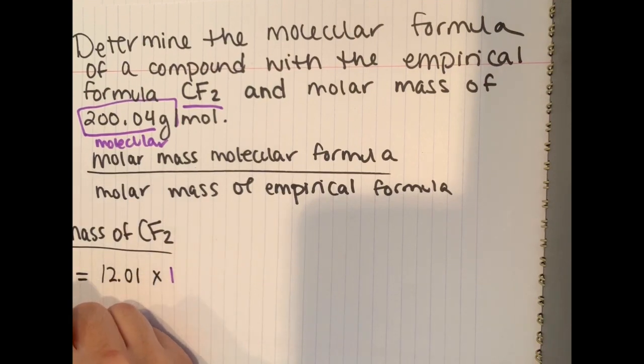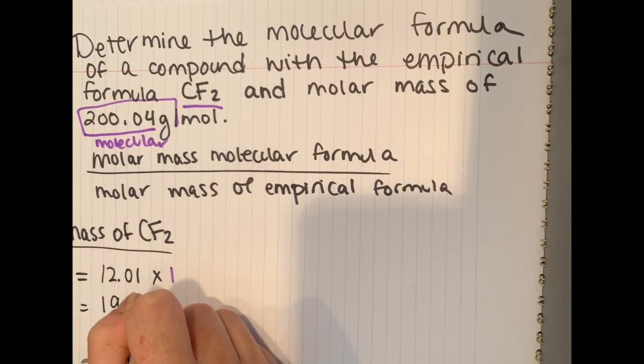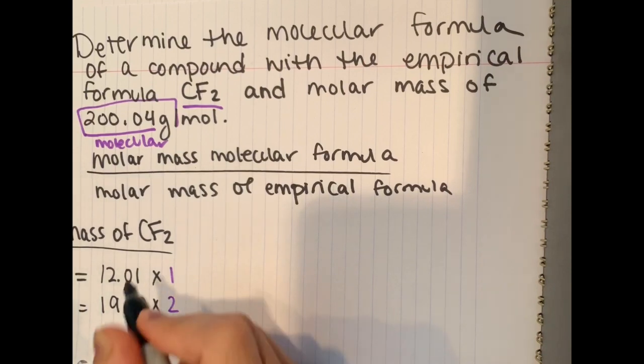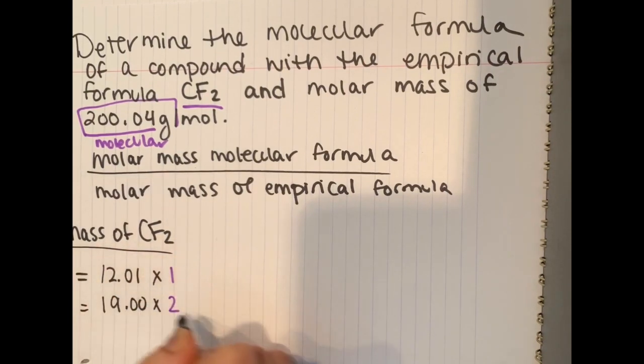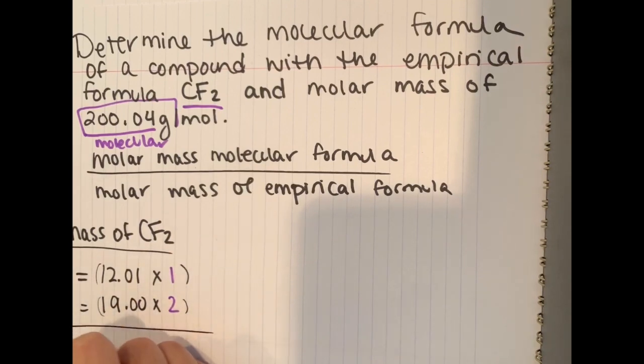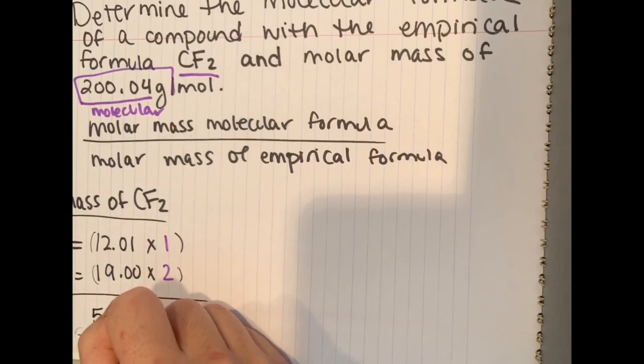The mass of fluorine is 19.00 exactly, and I'm going to multiply that by 2 because there are 2. Okay, so once you do the math and you then add these together, your total should be 50.01, okay, grams